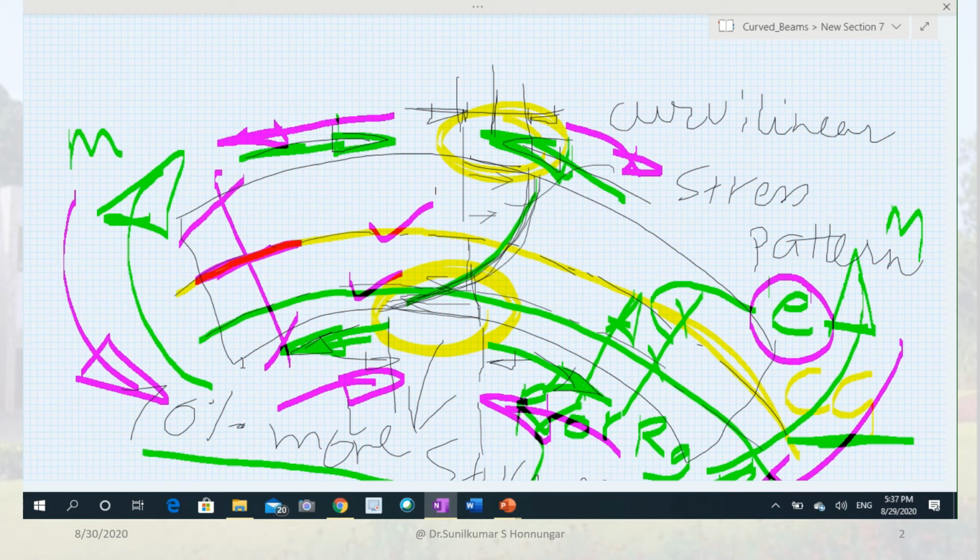Sigma O equals minus M co divided by A e ro. Why minus? Because it is a compressive type of stress at the outer fiber. That is equation 10.1c, page number 159, chapter 10 of your data book. If you turn to page number 160, they have given figures 10.1 and 10.2. Further, I'll scan it and show it while solving the problem.